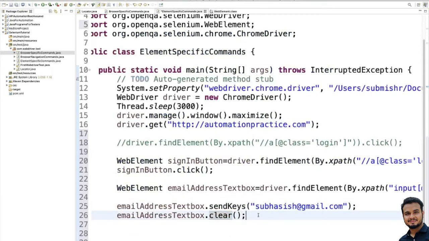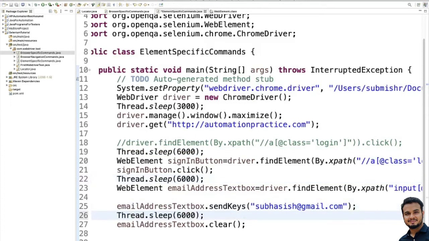Now what we'll do, we'll just try to see how it looks. Let me do one thing, let me add some Thread.sleep, so it will be slow and you will be able to notice what we are trying to do here. First we will click on the sign in button, then we'll wait some time, then we'll enter some text, then we will clear it.